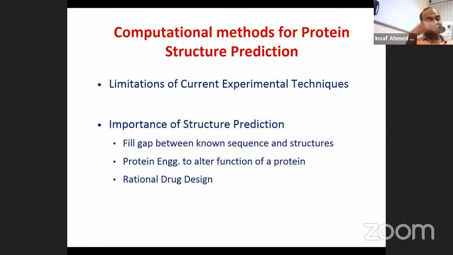Cryo-EM is not available in India. So there are a lot of limitations. Another thing, all these techniques are very expensive. You have to put in a lot and spend a lot of money, and only then can you have a setup. So one problem is the limitation of the current experimental techniques. And another thing is